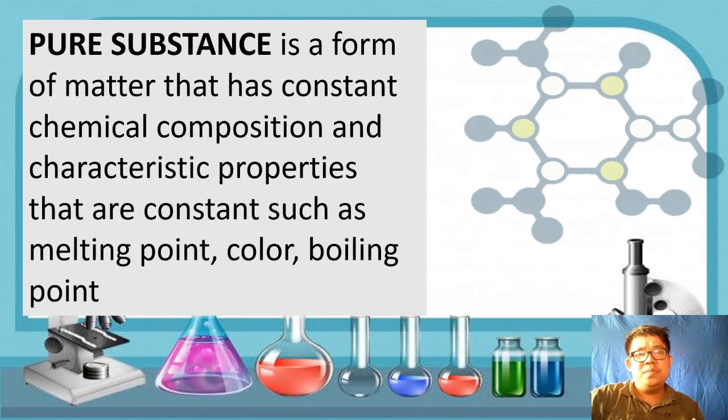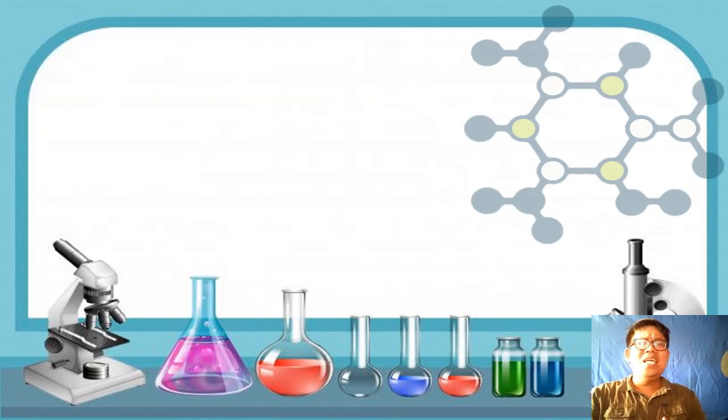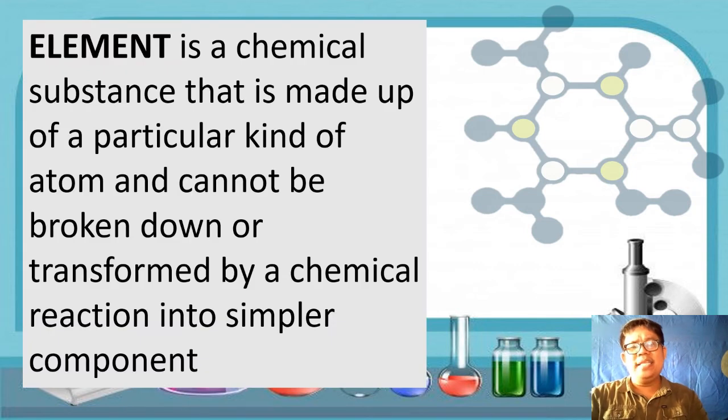When we say pure substance, is a form of matter that has constant chemical composition and characteristic properties that are constant, such as melting point, color, and the boiling point. Constant chemical composition, meaning the same everywhere. One classification of pure substance is element. When we say element, element is a chemical substance that is made up of particular kind of atom and cannot